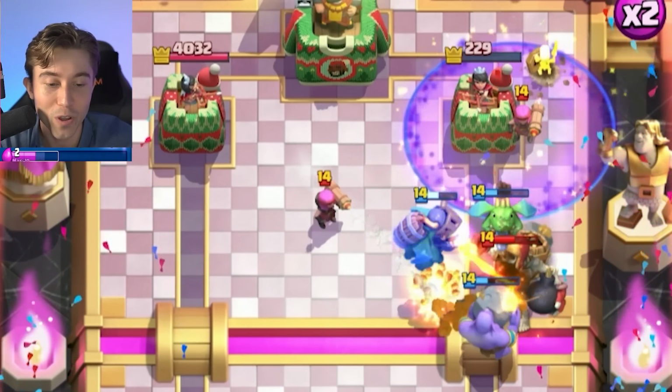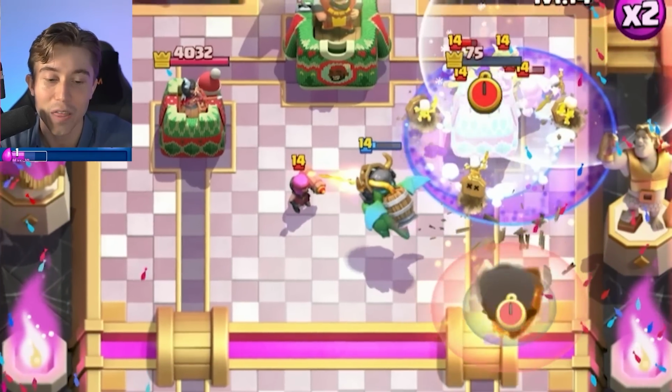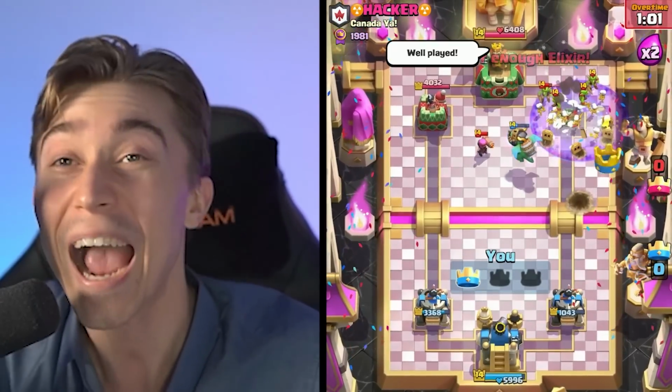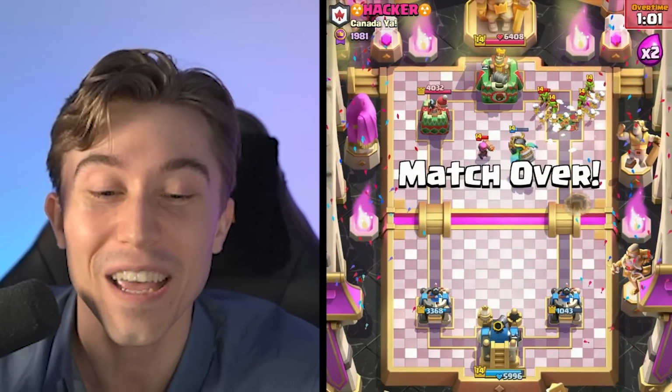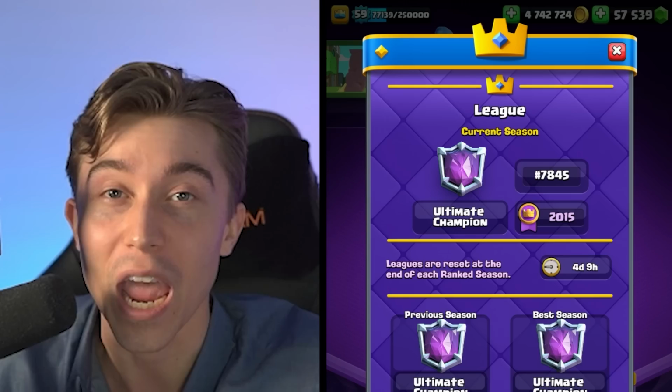So I want to get a freeze down when he goes in for Goblins. And then his Firecracker is going to get hit so he doesn't get counter push. And then we eventually Tornado. And we hacked the hacker. It was a slow chip away at the end, but it was quite a speedy downfall at the start with the Inferno Dragon roasting his tower. And we've flown our way up to